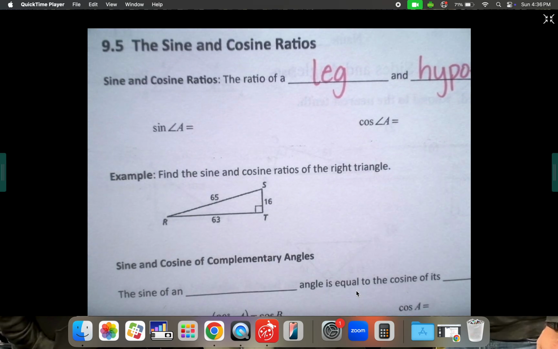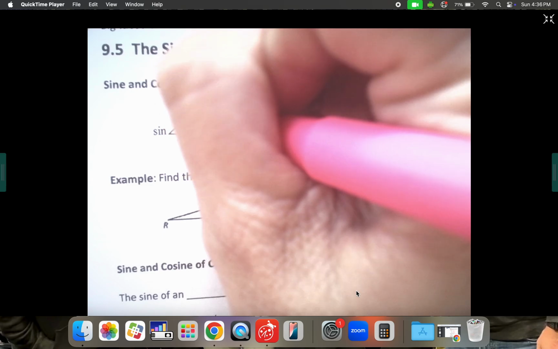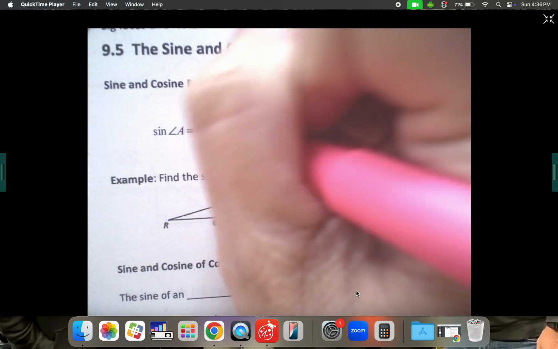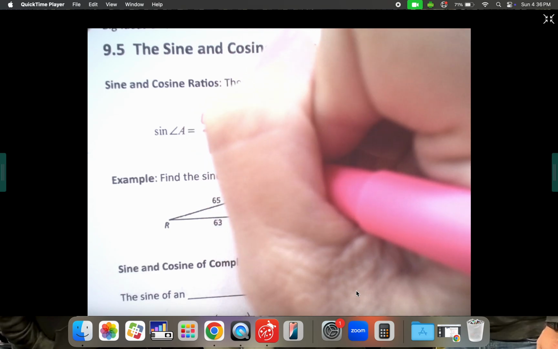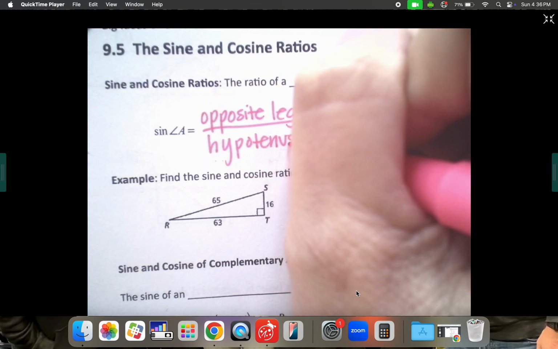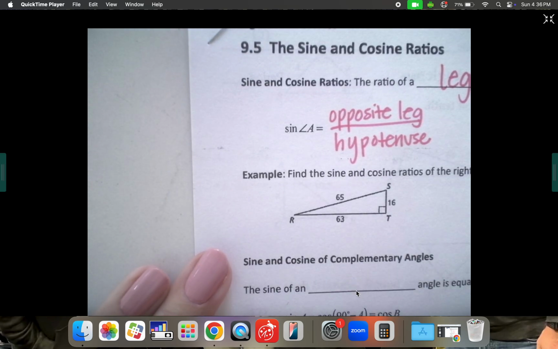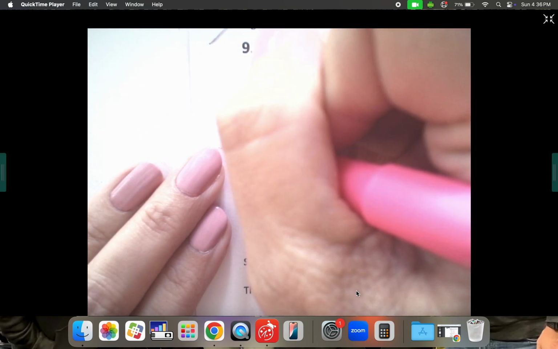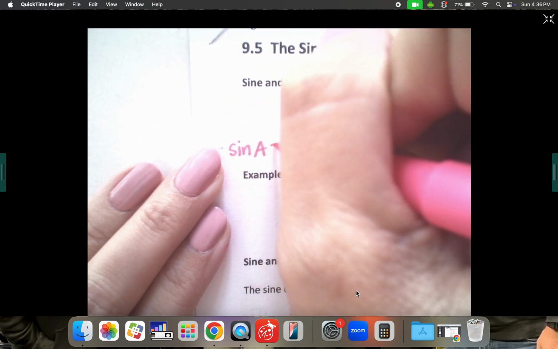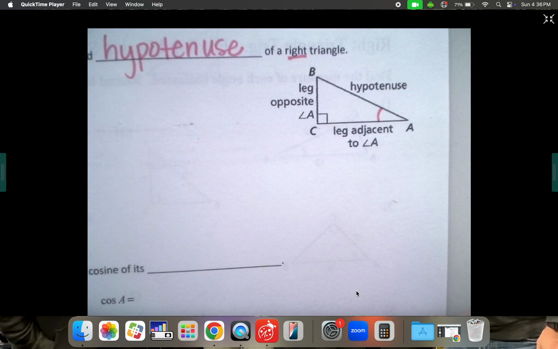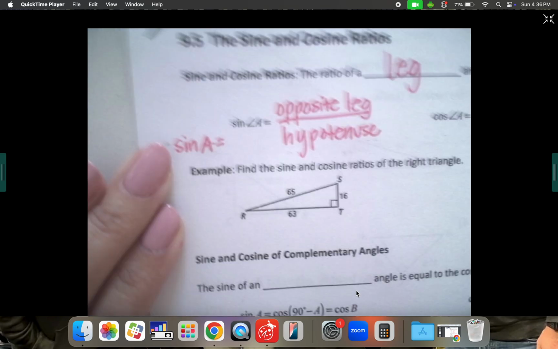So we're going to write opposite leg over hypotenuse. Okay, and then that can also be written with the actual side lengths, which would be sine A is equal to, what is the opposite leg? Looks like it would be BC over AB. So BC